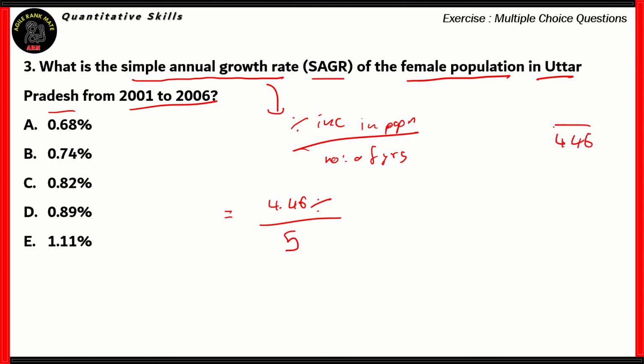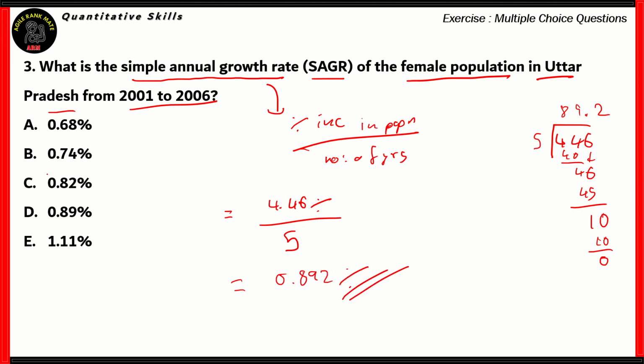So if you take 446 over 5, 8 fives are 40, you get 4 remaining, 9 fives are 45, and you get 1 remaining. Put in a decimal point, put a 0, 5 twos are 10, and that's a 0. So this is for 446, so if you want to make it 4.46, then you'll have to move the decimal point as well. So the answer for the simple annual growth rate turns out to be 0.892%. So therefore, in this particular question, the right answer is option D,